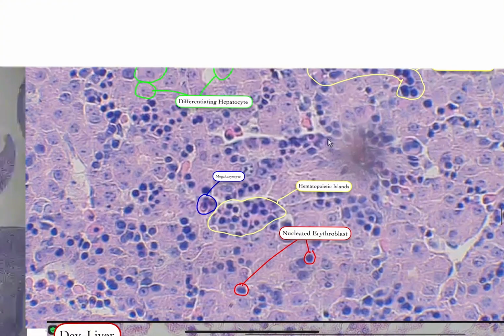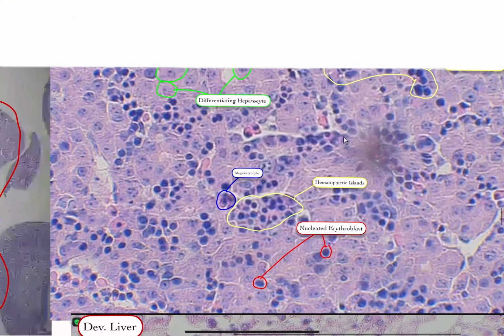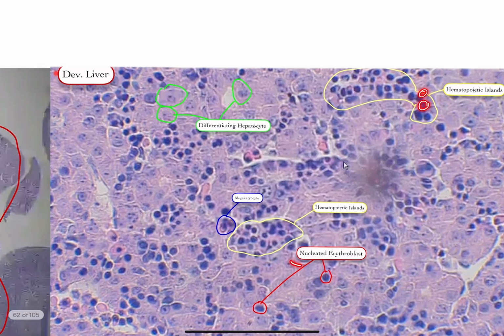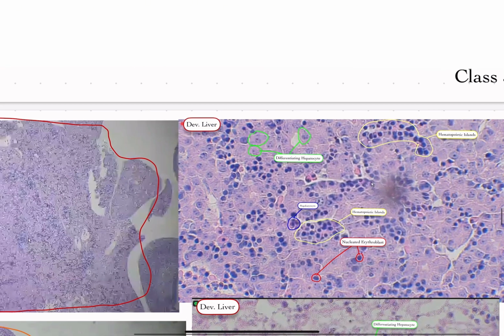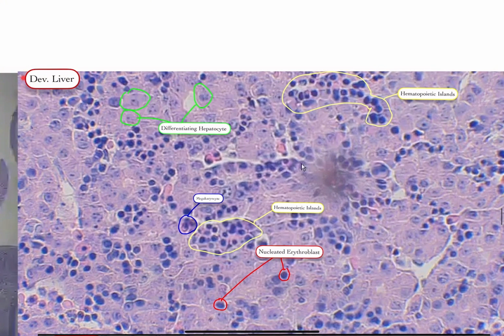megakaryocyte. Also, we didn't talk about what these dark cells are called. They're called nucleated erythroblasts due to the fact that they're in the fetus. Do check that up with your professor, though. They could change the name of those cells, but the megakaryocytes will remain as it is, hematopoietic islands as well